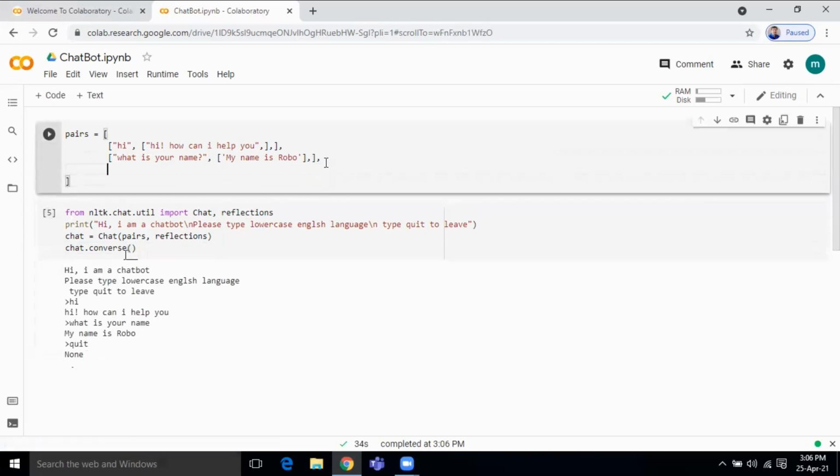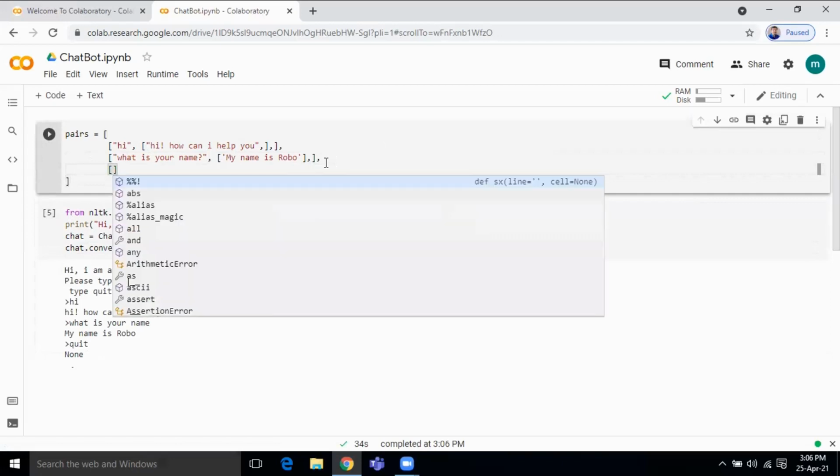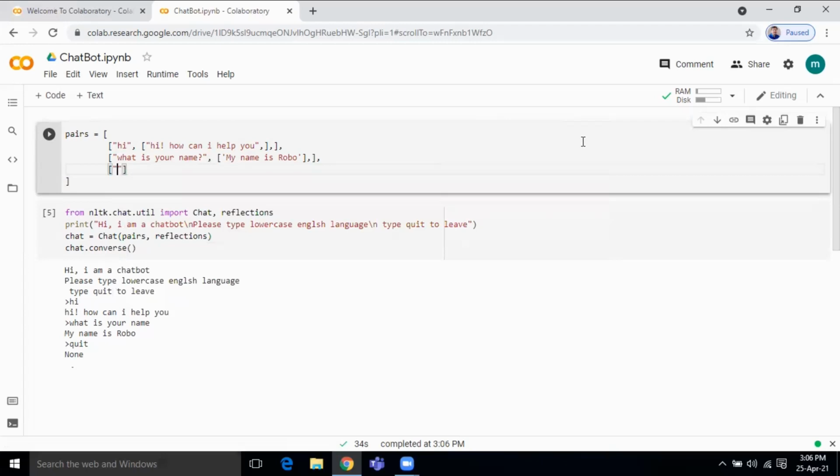So let us take one more data set. If you are saying to the robot that you are not feeling well, I am not feeling well, okay, so this is your message to the chatbot.